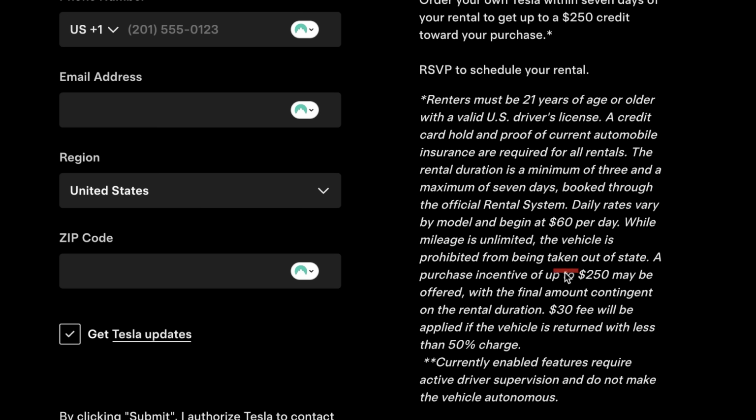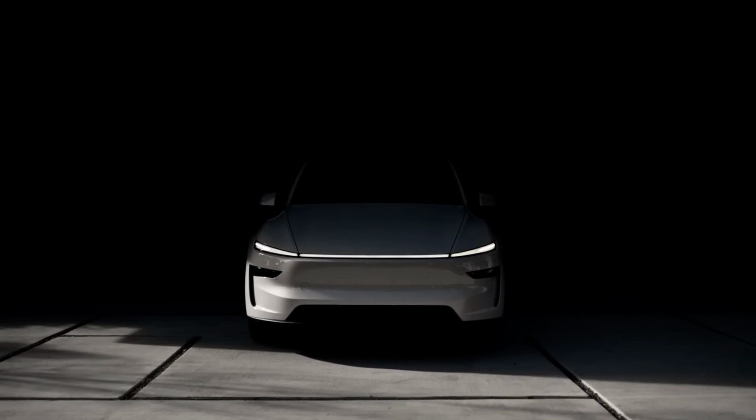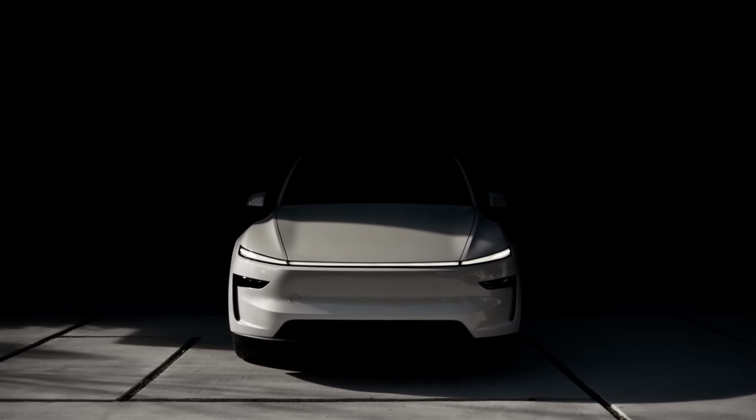Now, given how limited this program is right now, it's not going to move the needle, but if Tesla can quickly scale this across the country and get the word out there, this would be an awesome way for people to experience life with an EV. And sure, they likely wouldn't have the benefit of charging at home, but to learn how easy supercharging is and to try FSD for a reasonable daily rate is a great option. And for now, the program is available for the full lineup and the Cybertruck, and it says your rental can be for 3 to 7 days.